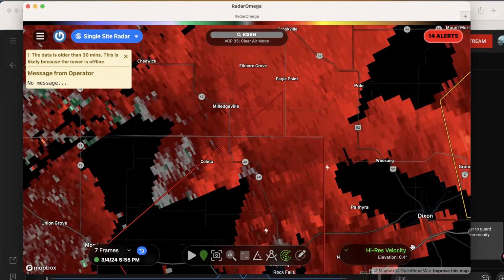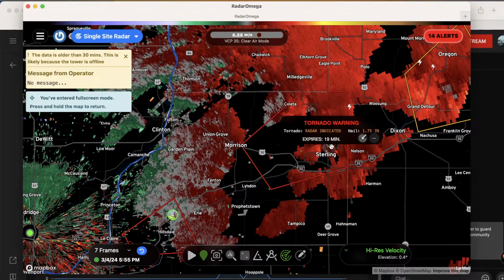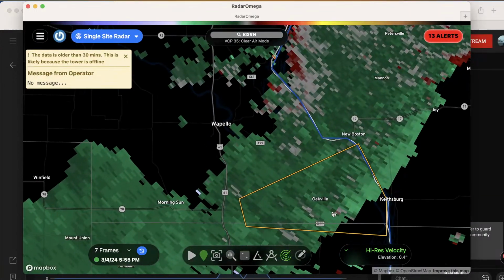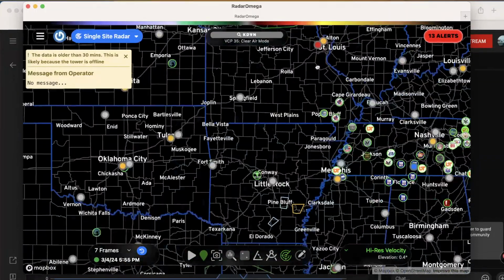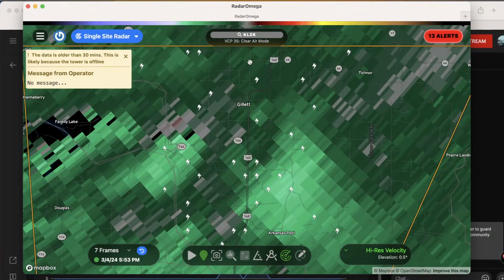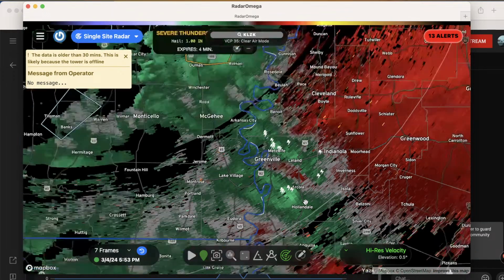Over here, the rotation has kind of dropped down a little bit, but it's still there. And it's still in the storm. Nothing down here. Just some hail. Do have to leave very soon. Some rotation here, but not really much. I don't know, these storms are starting to weaken. Maybe a little bit of rotation here near Arcola, Mississippi. Barely. I don't really think that's anything, so...